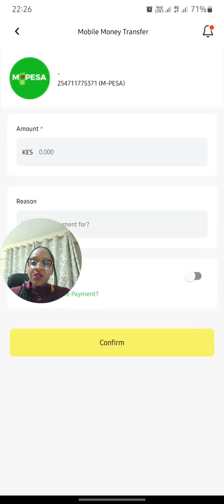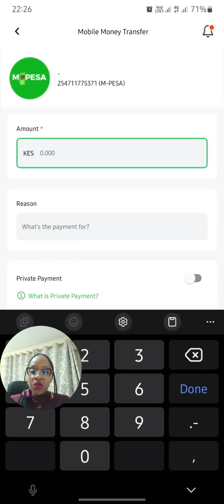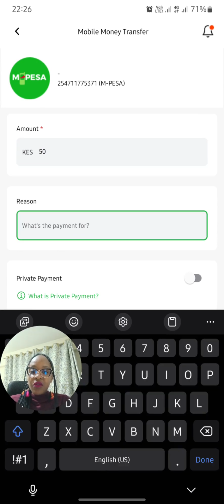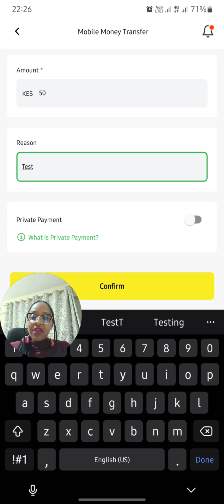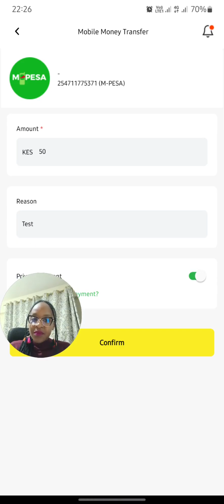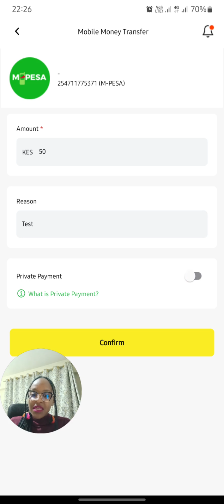Once you click on Next, you're going to input the amount that you would wish to transfer. The reason for payment, I'm still going to use this as test. If you want to make this a private payment whereby the recipient of the money does not get to see your name and details, you're going to slide this button to the right. If not, you can leave it as it is. Then you're going to confirm